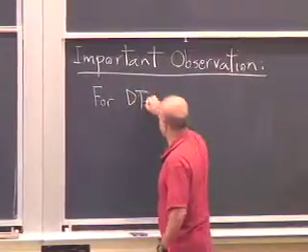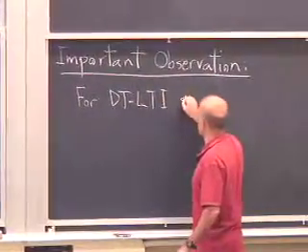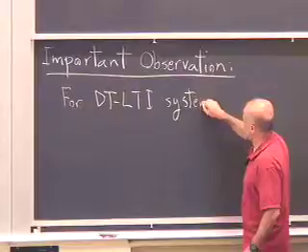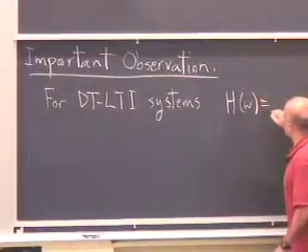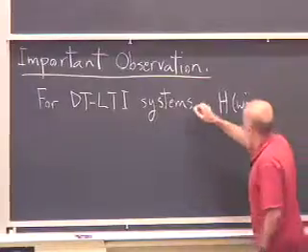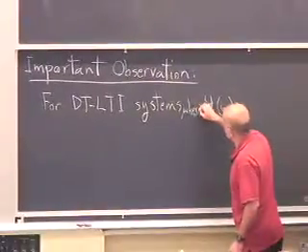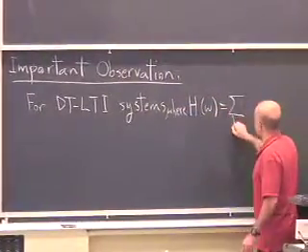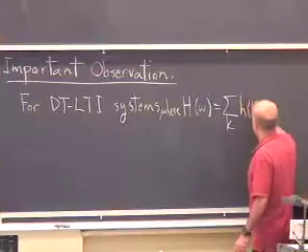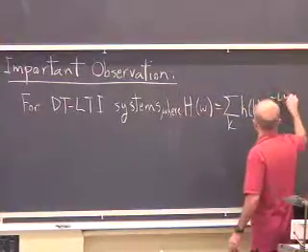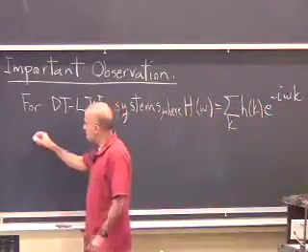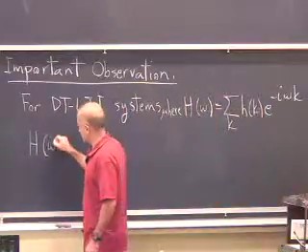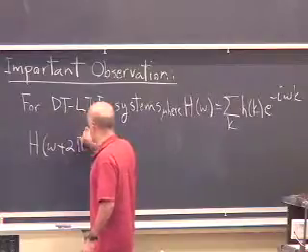For discrete time LTI systems, where H of omega is the sum of h of k e to the minus I omega k. Notice when I change omega to omega plus 2 pi,